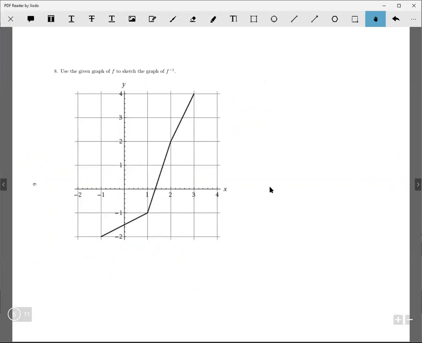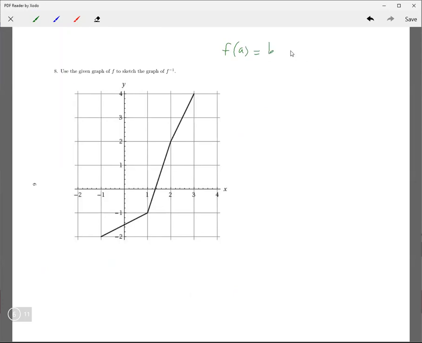Okay, let's move on to number 8. What we're supposed to do is sketch the graph. Now, how do I put this? If you have f of a equals b, then you have a point a comma b on the graph,